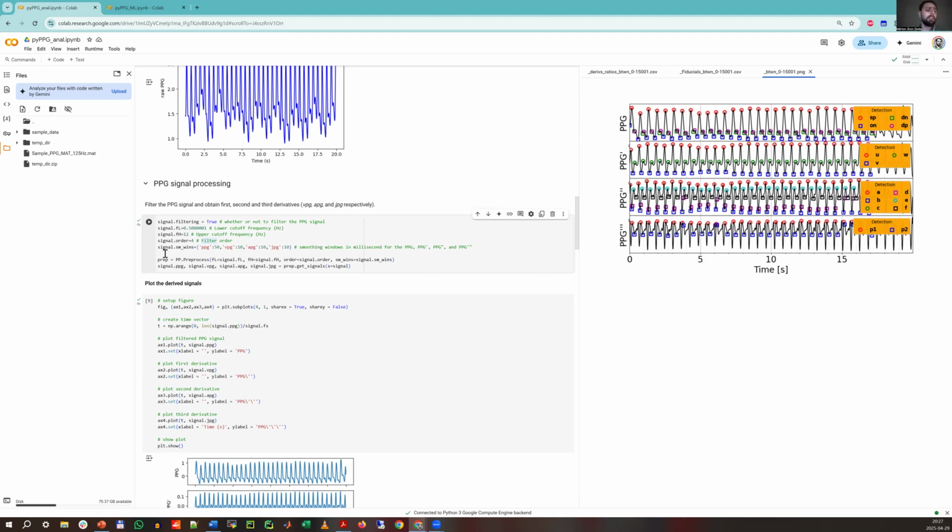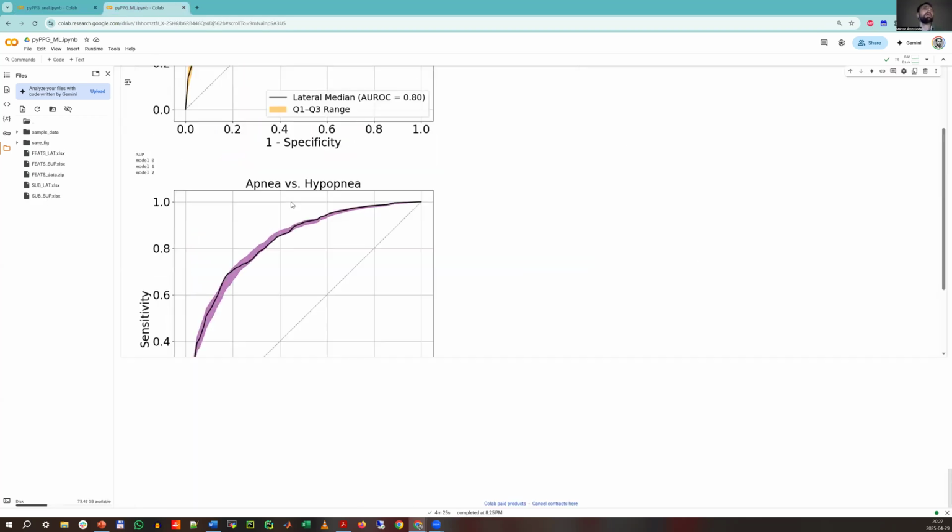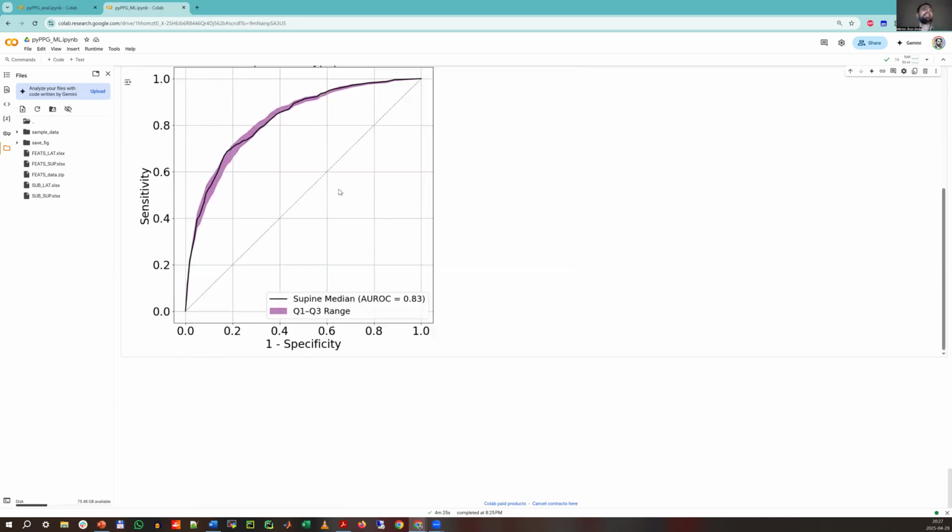The MESA dataset is a huge dataset with 20,000 hours of records, and it's really important what kind of preprocessing you have. So to go back to the results, in the case of the supine position,